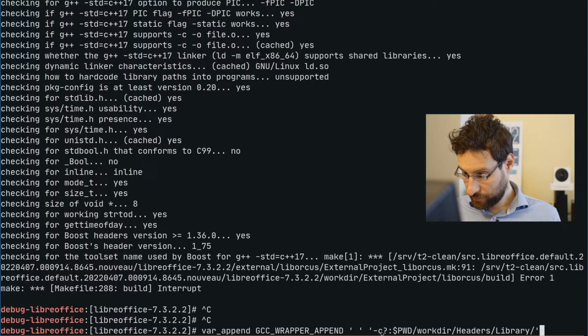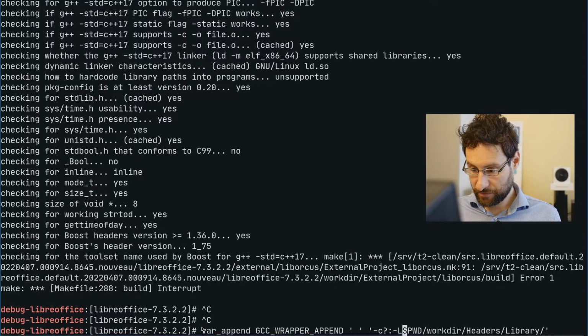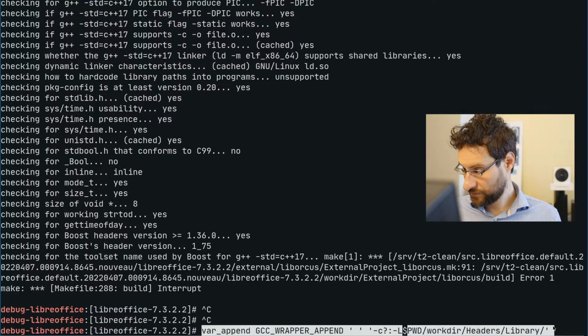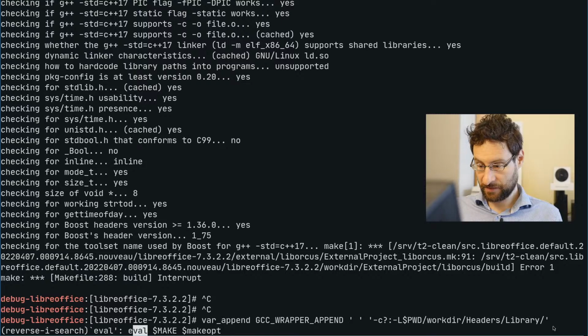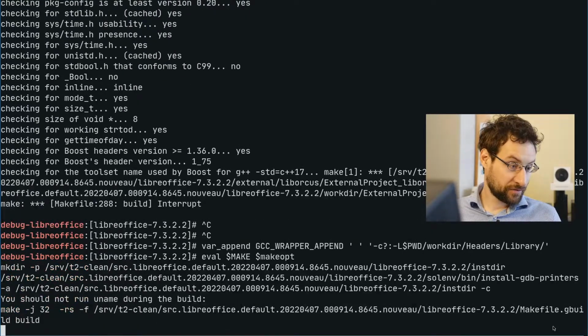So if we are compiling, then nothing, otherwise we are linking over to dash L. So basically I am using our more automated sandbox environment things to inject that potentially.